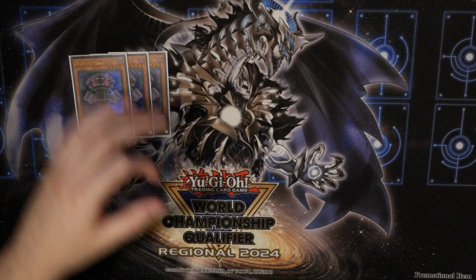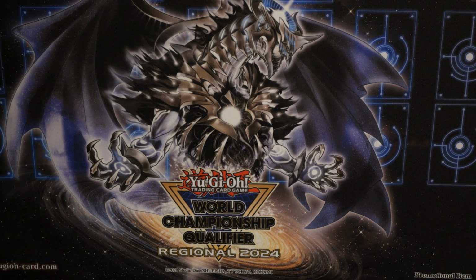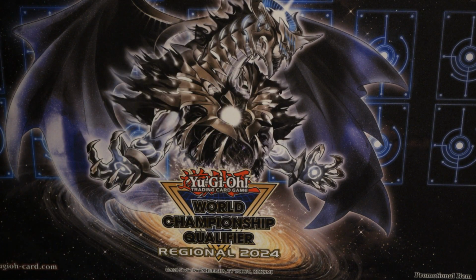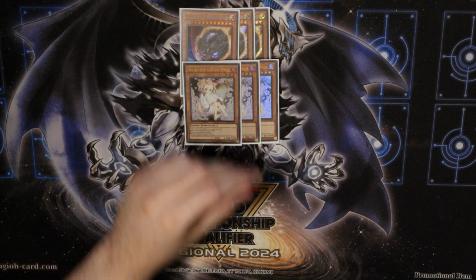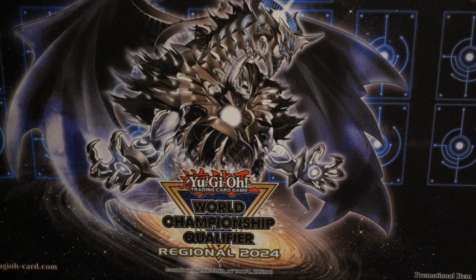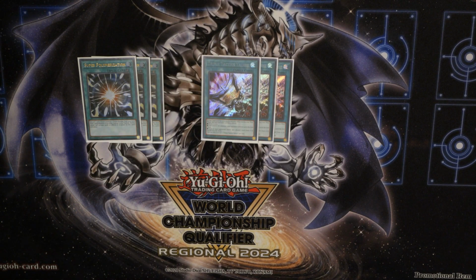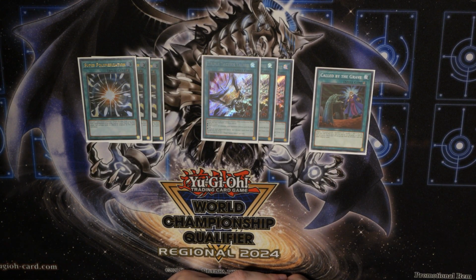The patchwork engine, 3 chain, 2 patchwork and a poly. Some miscellaneous bricks, the End of Anubis and Goddess with the Third Eye. For the hand traps, I was on 3 Nib, 3 Ash, and 3 Imperm. Then to round out the main deck is just some good spells. 3 Super Poly, 3 Talents, and the 51st card is Called by the Grave,